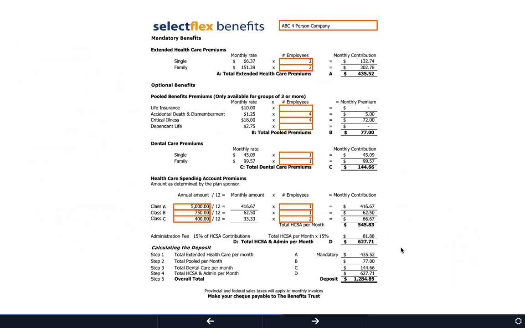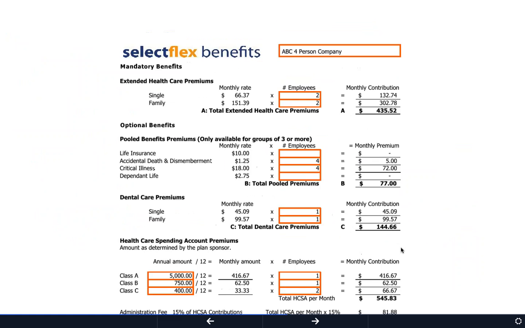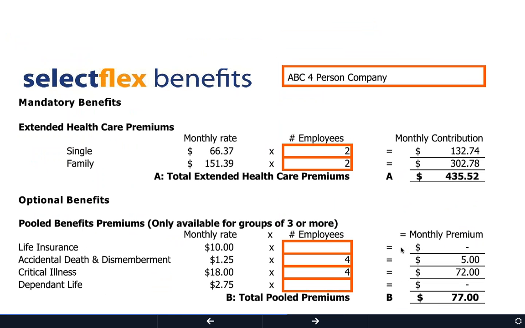So all of a sudden, we get the cost sheet out. In this case, the broker has discussed what the options are, and this is what they decided to do. So here's the 4-person ABC company. And the mandatory benefits are the health and dental benefits. There's 2 single employees and 2 family employees. And again, these are mandatory benefits. Their premiums for those on a monthly basis are